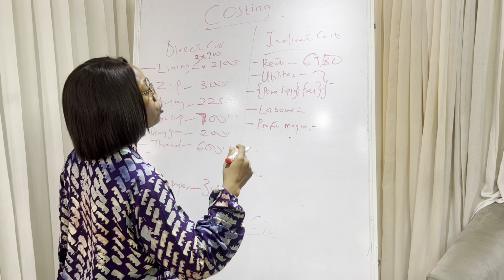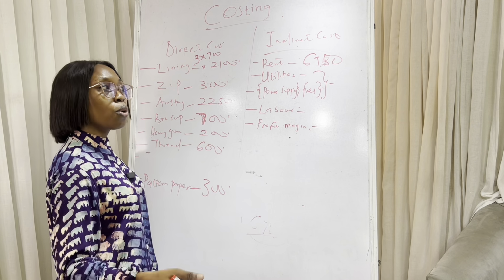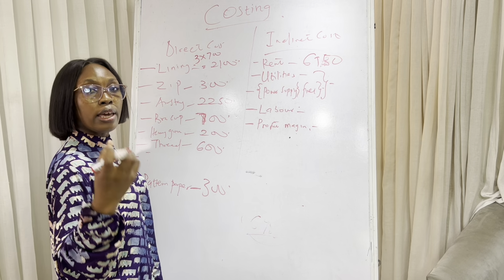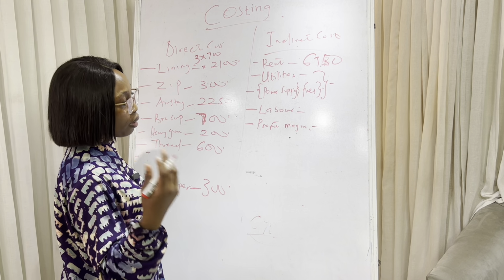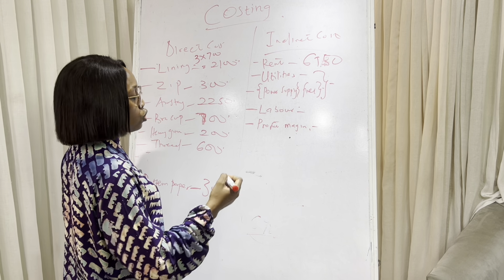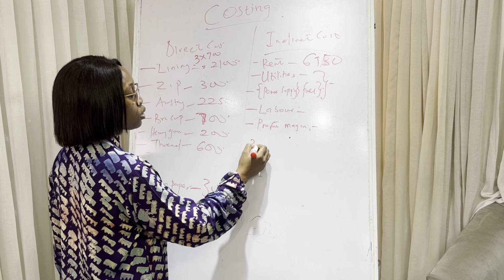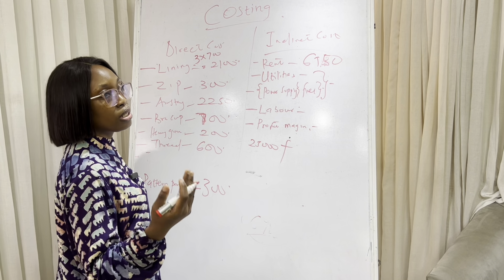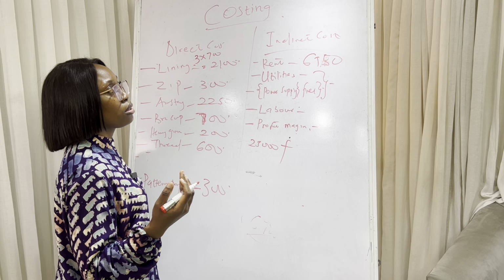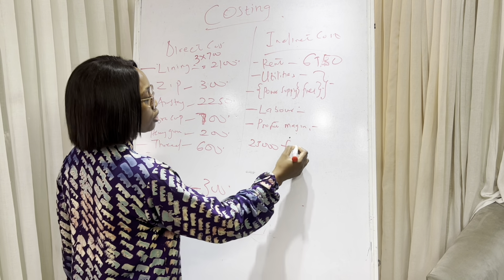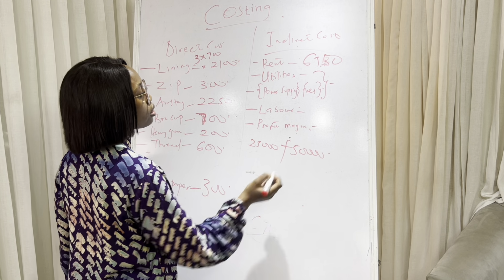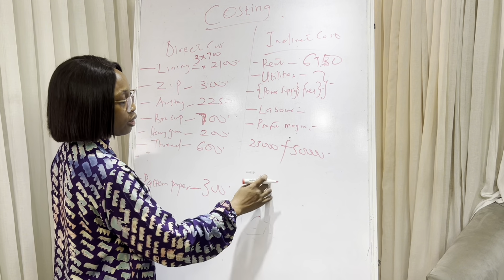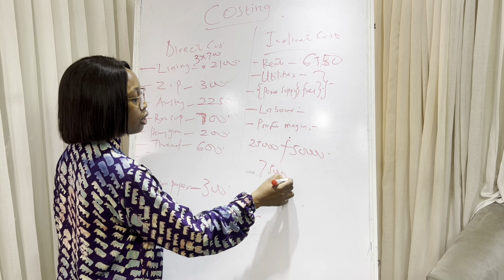For utilities, how much do you spend on fuel and power supply every month? So let's say on power supply, give or take, you spend about 25,000 naira, plus for fuel, give or take in a month you spend about, let's just say, 50,000 naira with the situation of things. So that's 50,000 plus 25,000 naira. That's 75,000 naira divided by